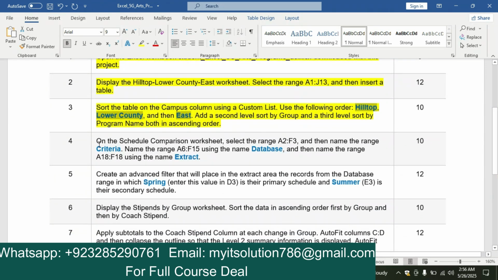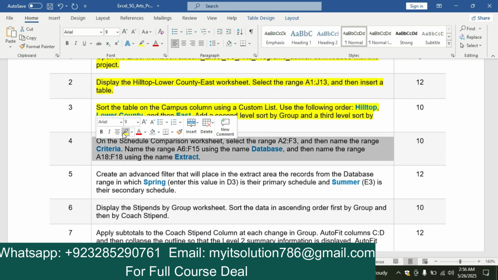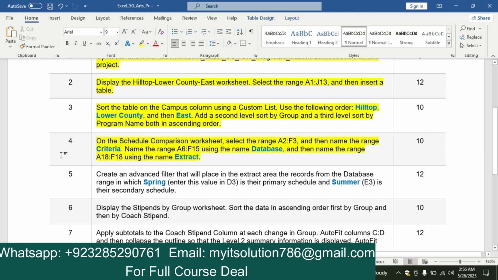So our step number 4 is on the Schedule Compression worksheet. Select the range A2 to F3 and then name the range Criteria. Name the range A6 to F15 using the name Database, and then name the range A18 to F18 using the name Extract. So in this step